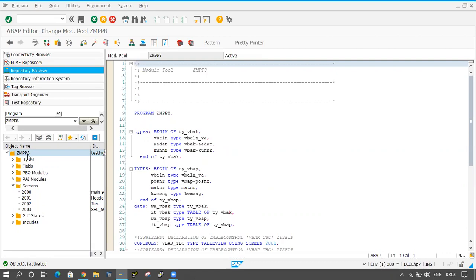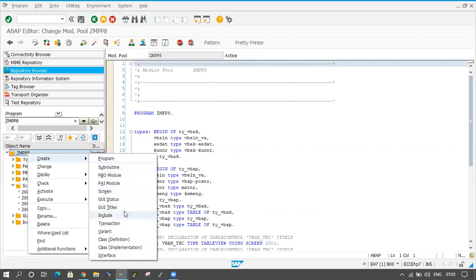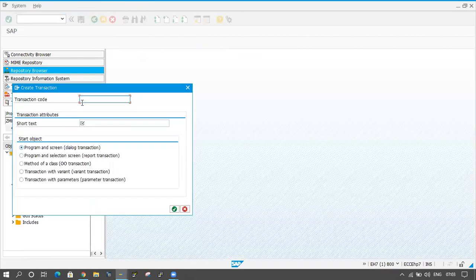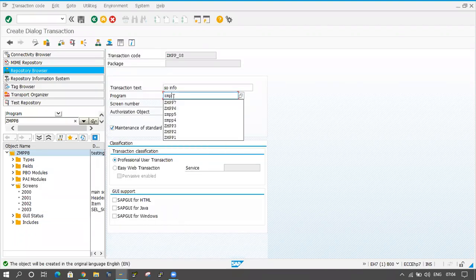Now I will create one transaction code for this. I will create the transaction. Sales order information, with program name ZMPP8.